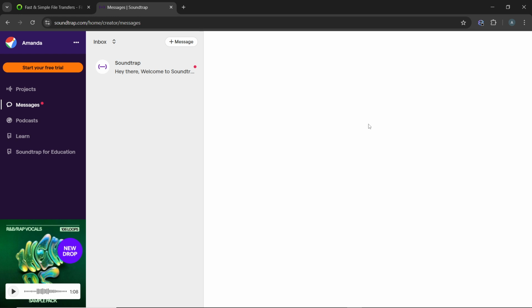Once you have accepted the invitation, you can access the project by clicking Enter Studio or by going to Projects and opening the project from there. You will now have access to edit and contribute to the project. After accepting the invite, you can start adding tracks, adjusting the project settings, and collaborating with other members in real